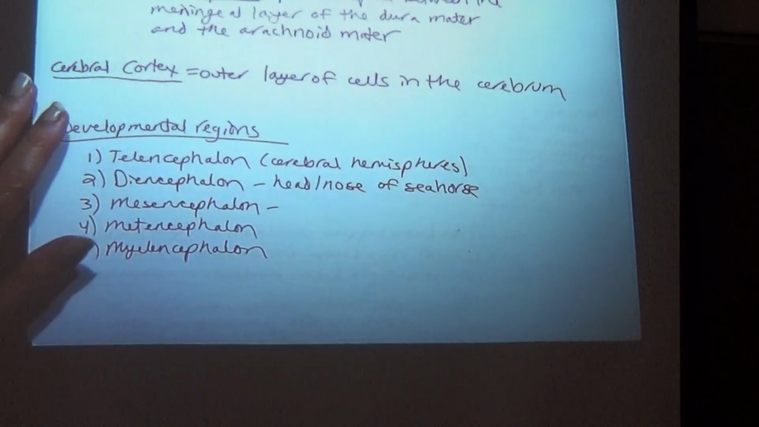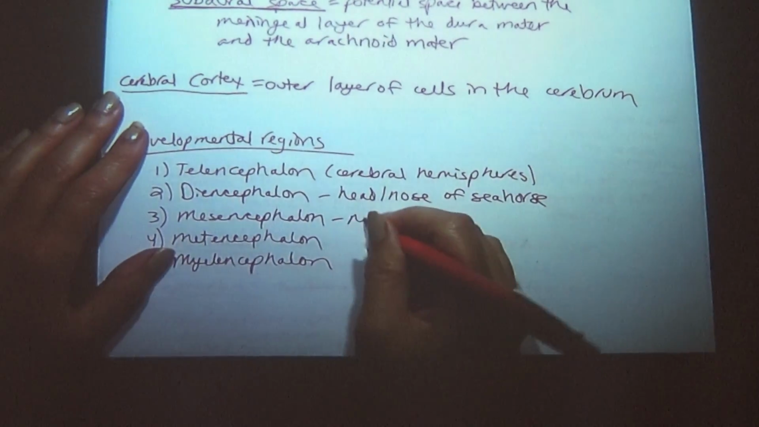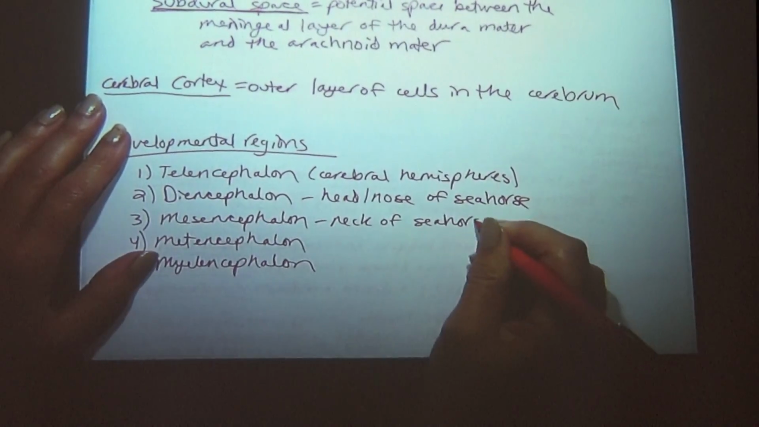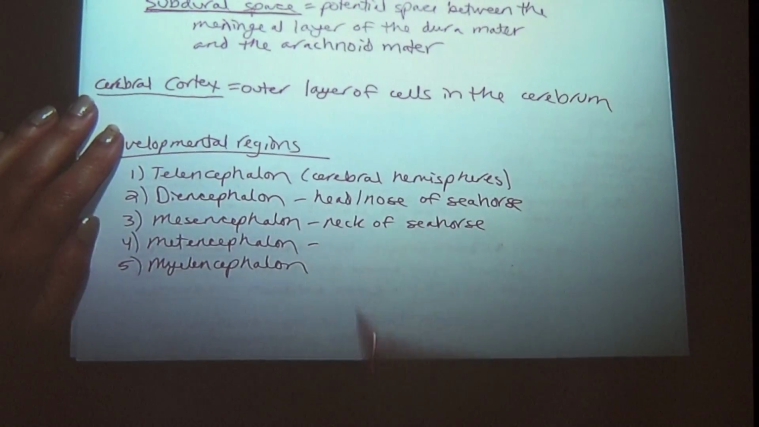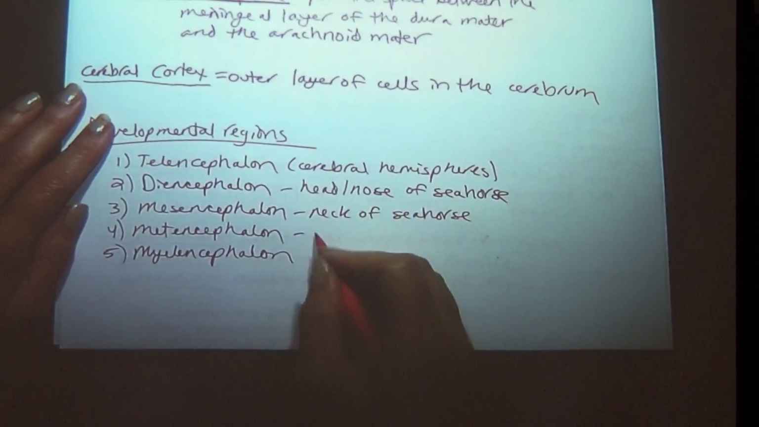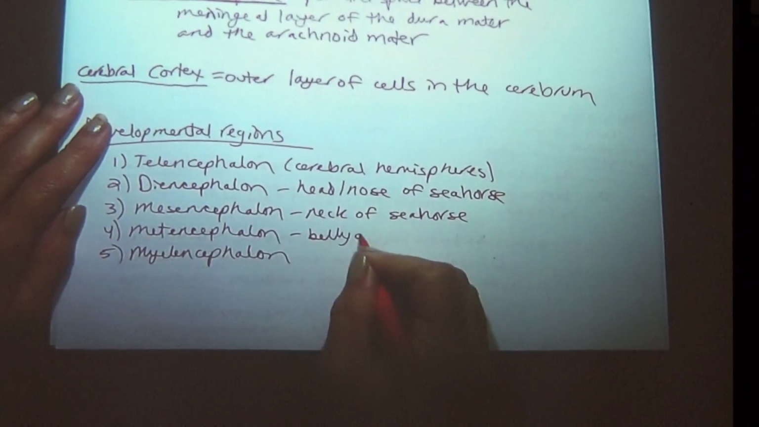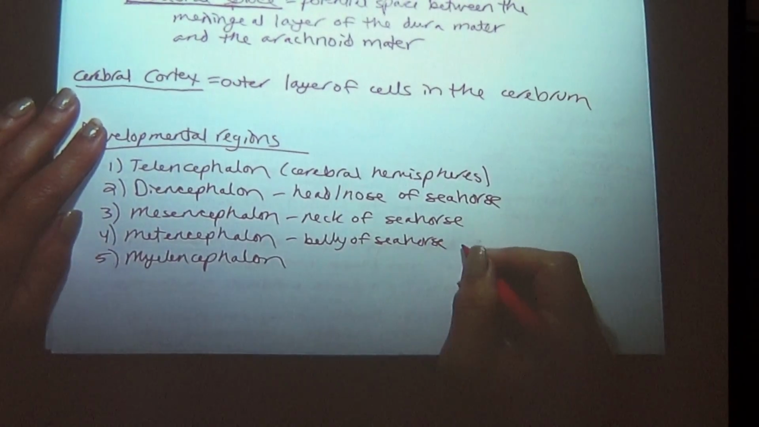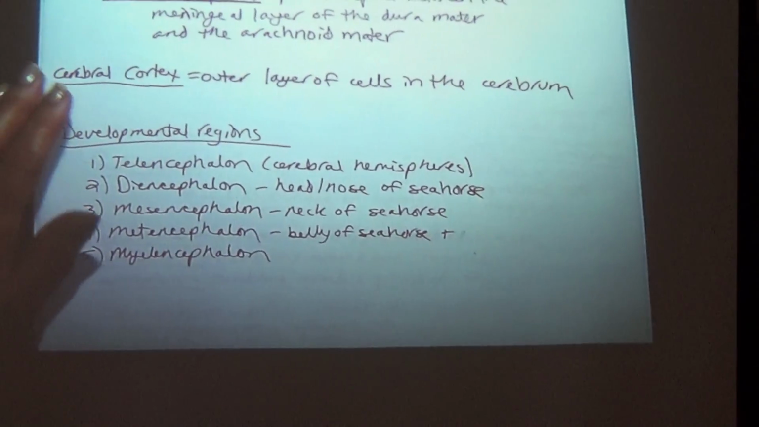The mesencephalon is a really thin area, it's the neck of the seahorse. The metencephalon is the belly of the seahorse. Plus, he's sitting on a piece of coral or